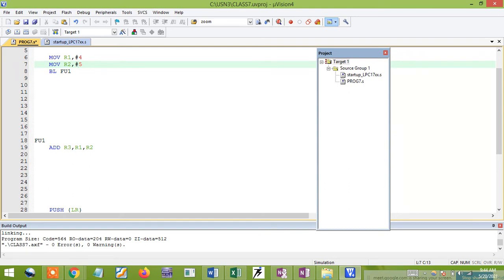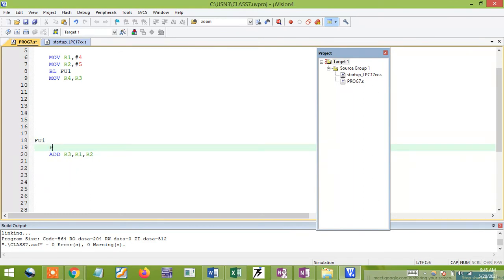After that, the result I'm getting I need to store inside some other register. For example, I'll take move R4 comma R3.